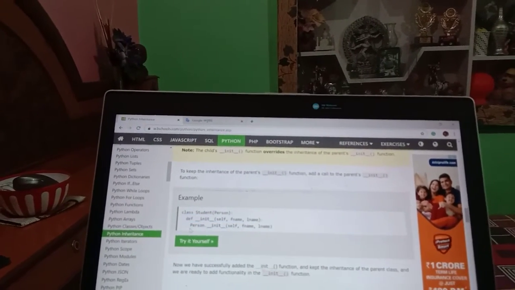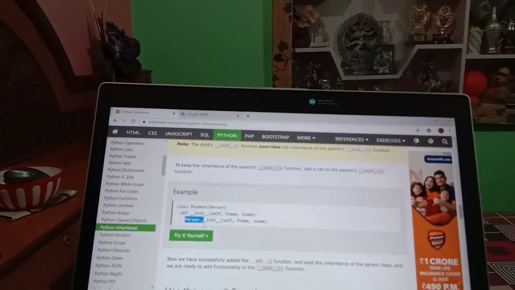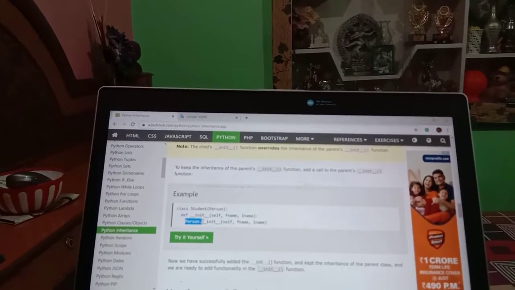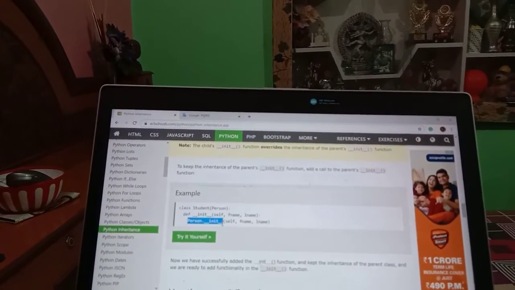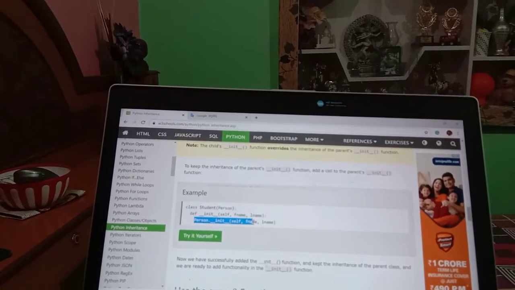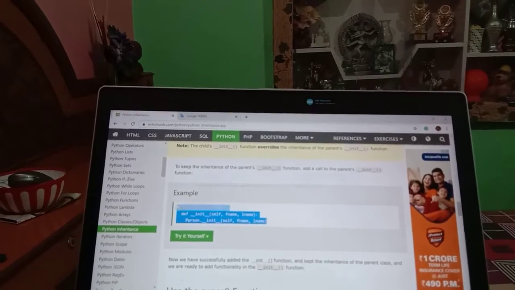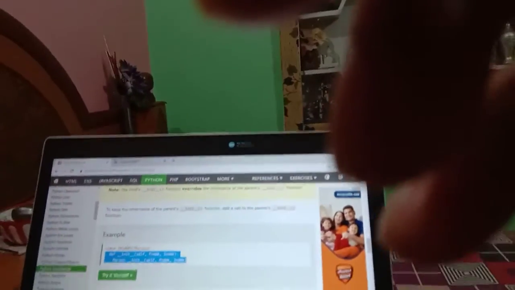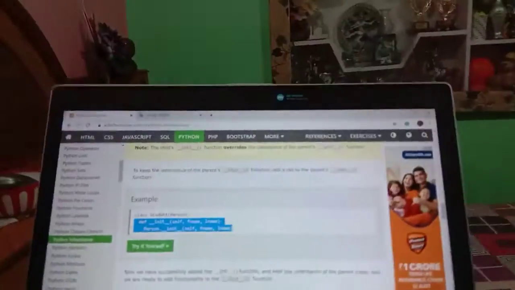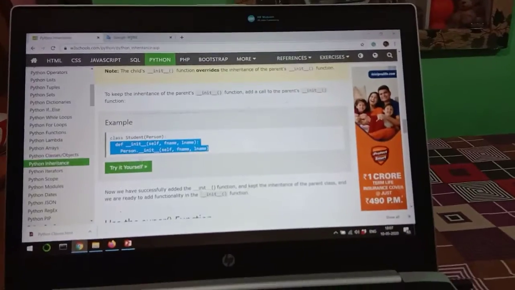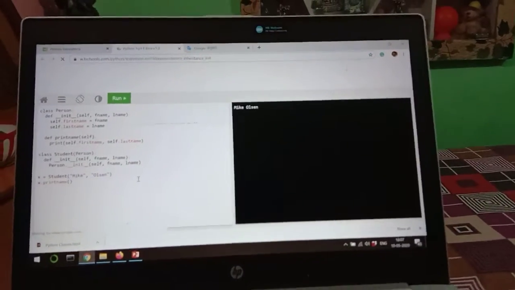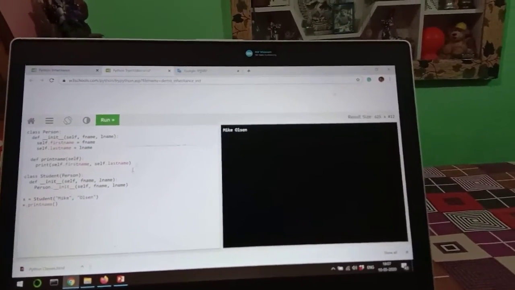Then we write Person, the parent class, dot init function, having the same properties self, first name, last name. So in this way we create the child class that has its own init function, and also has taken the inherent properties of its parent class. So when we run this program, we get the output, Mike Olson.